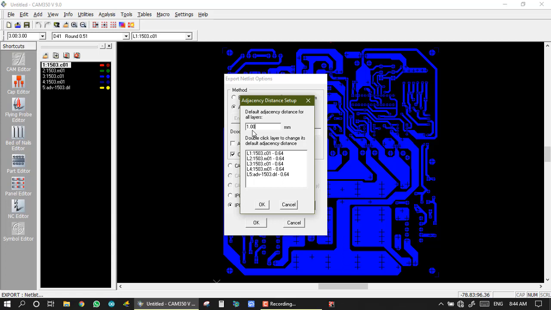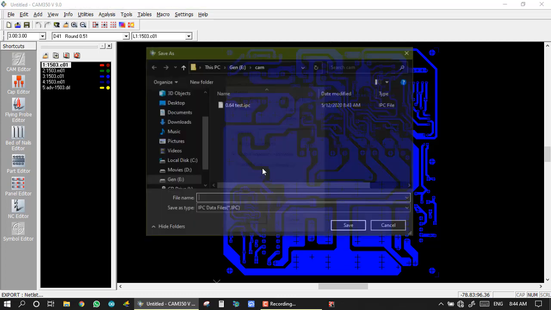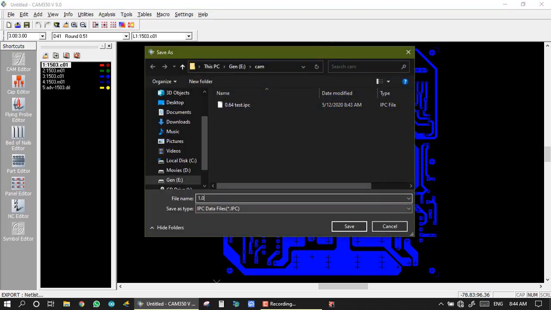If I am set here 5.0 mm, then my netlist checkpoint is some decrease, like it is 800, 700 like this. So we set adjacency as per our Gerber complexity and as per our production plant. So we take 2 example. Here I am take a 1 mm, okay. Now I am right here, test, save,